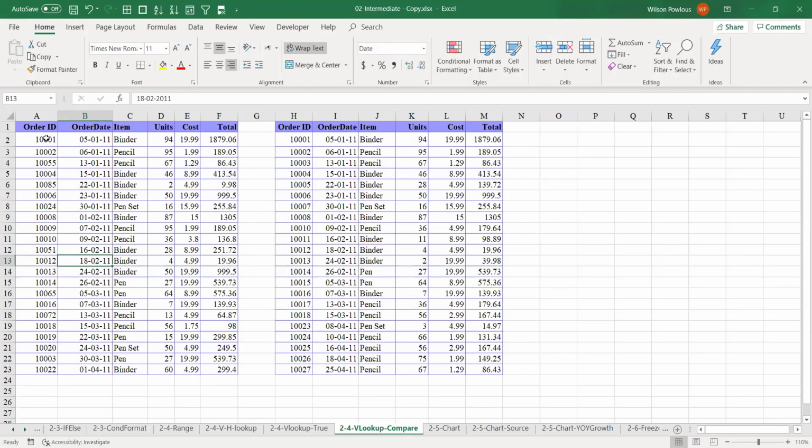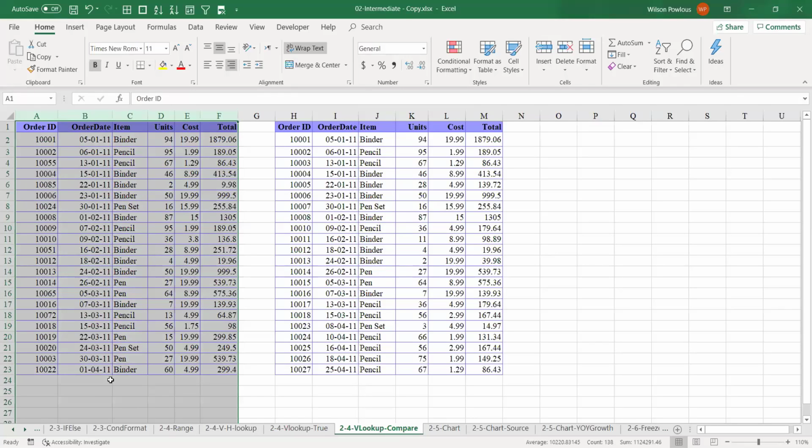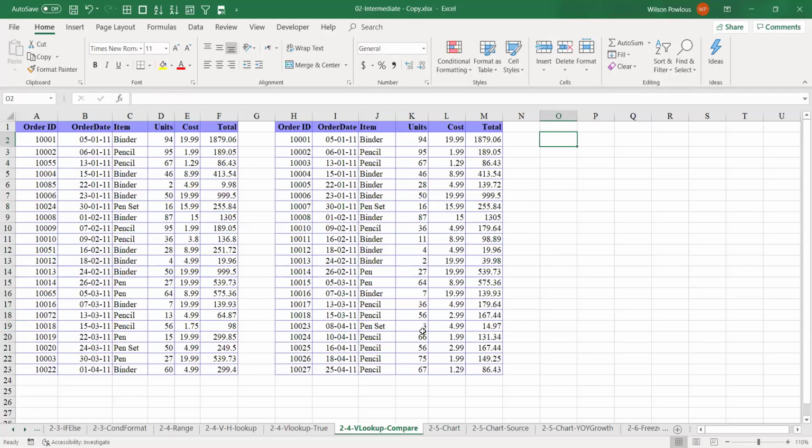You have certain invoice numbers or order numbers in your statement, and the supplier statement will have different numbers and different amounts. To compare these two, one method is you can order this order ID from A to Z, and order this also, and put a minus sign or compare. But if some invoices are missing in between, then you will have a lot of gaps. See here, there is an order number 1 and 2, then it goes to 55, then 4, 25, 6 and all. But here there is an order ID 1, 2, 3, 4.